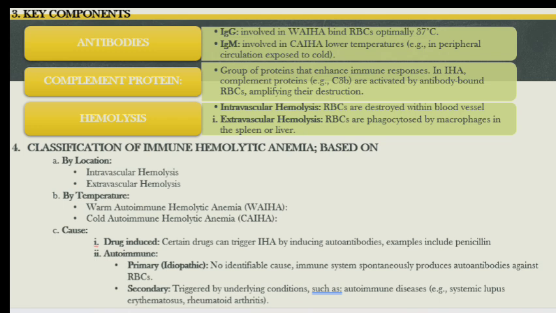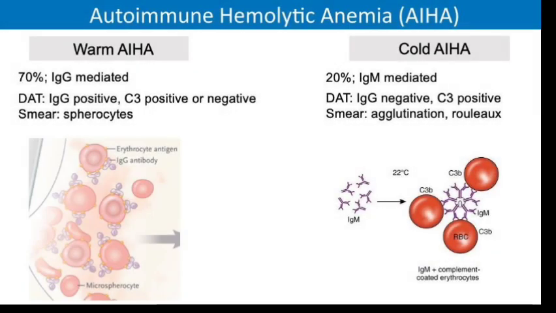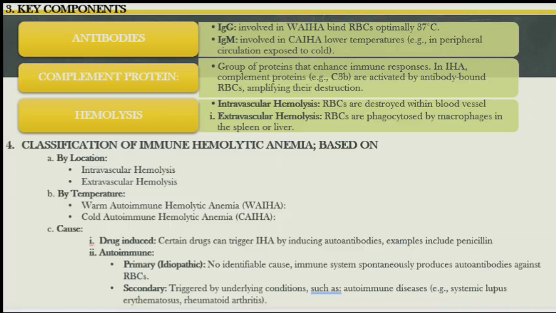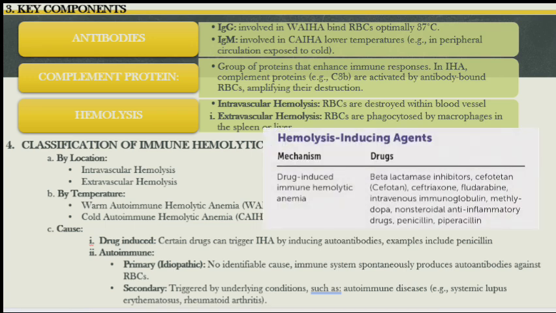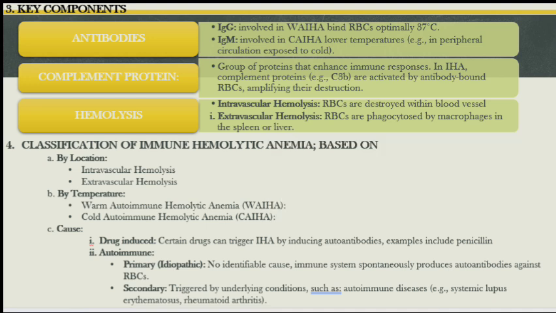They are basically classified based on the location of hemolysis, either intravascular or extravascular. They are characterized by the temperature, either warm autoimmune hemolytic anemia or cold autoimmune hemolytic anemia, and lastly by the cause. Either they can be drug induced, whereby certain drugs induce autoantibodies, for example penicillin, and the second most likely cause is autoimmune, where it is characterized into